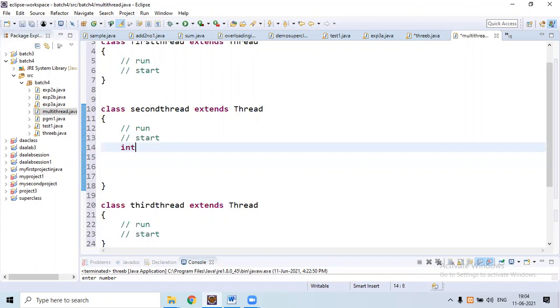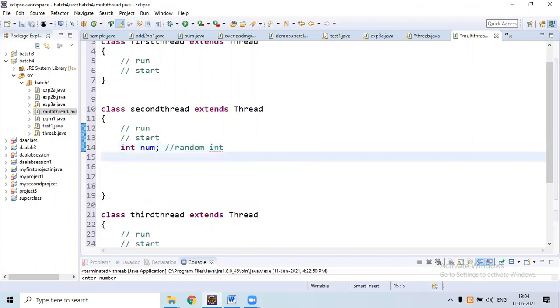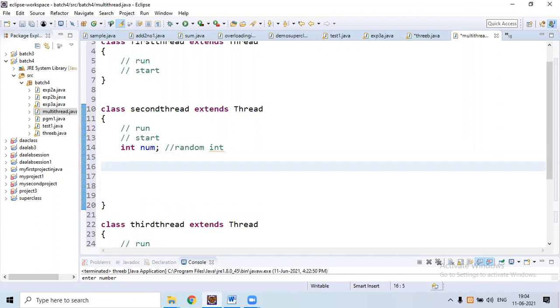So here I initialize variable int num. This represents a random number, or what? Random integer. Here we need to pass a random integer to the second thread to generate n square.